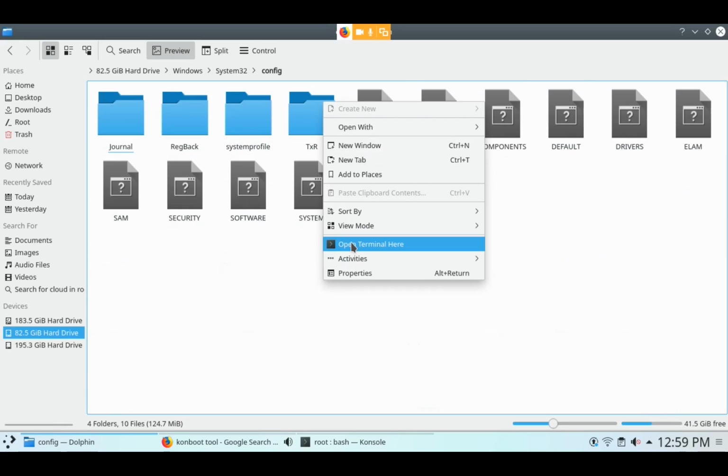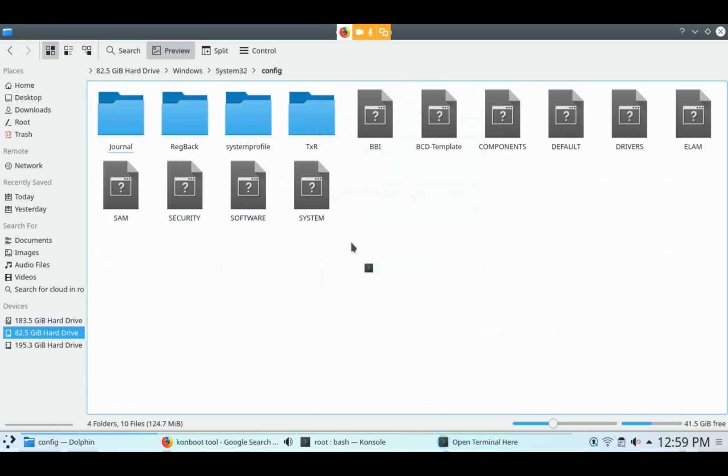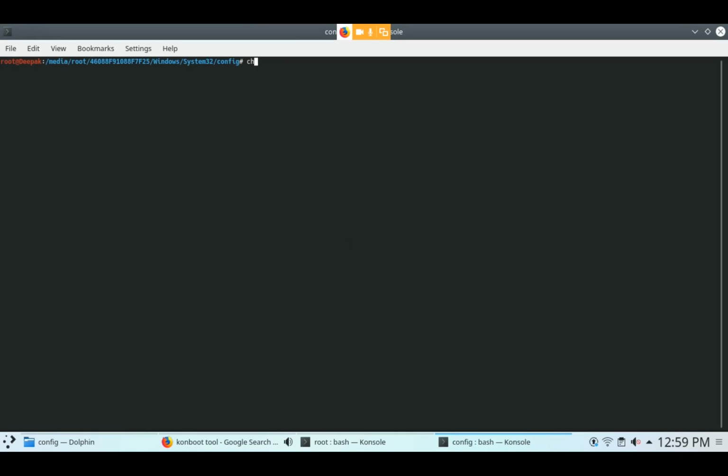chntpw with hyphen l means list the users. SAM means the SAM database.